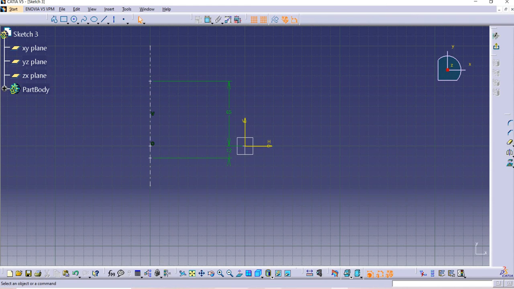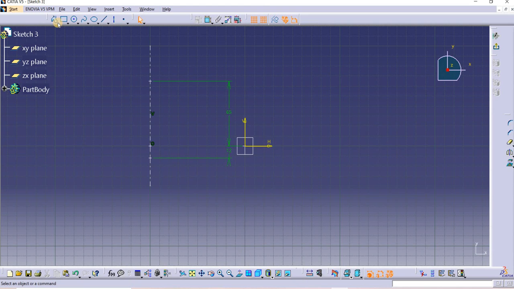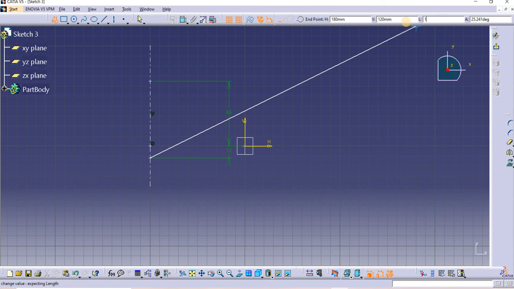So okay, now let's start again. So I have this point, so I'll draw a line of, this is 25, so I'll draw half, that is 12.5 from the lowermost point. So I come here and I use the profile command and I am at this point and I draw a line which is horizontal and the length is 12.5. I hit enter. Now I have a line. Then I come to this point, click OK. I come to this point. I draw